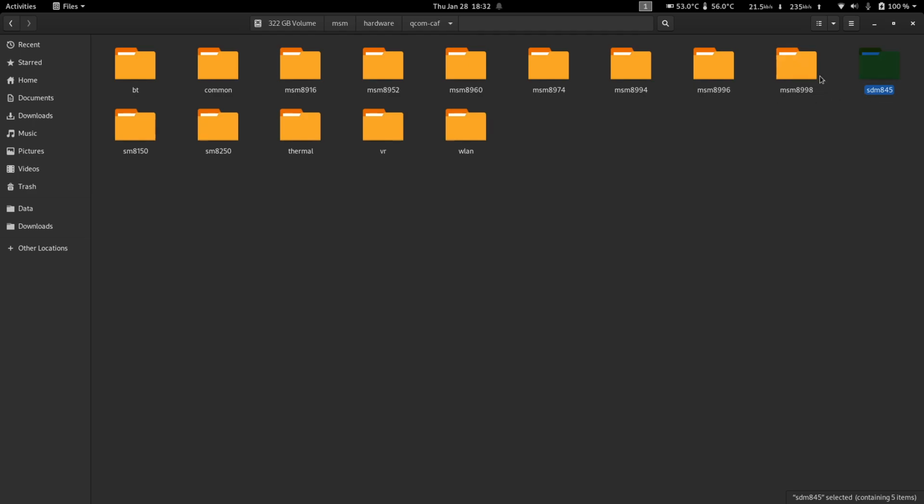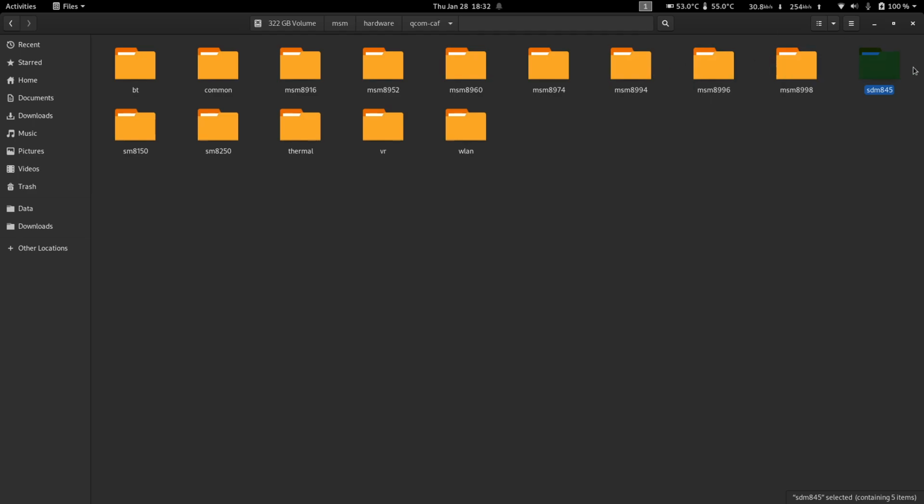Before Snapdragon 845, I think it was called MSM. So Qualcomm changed the naming scheme. If you have an older SoC, you would probably have to find out which SoC you have and look into the respective folder.